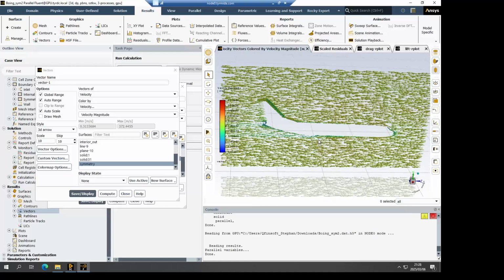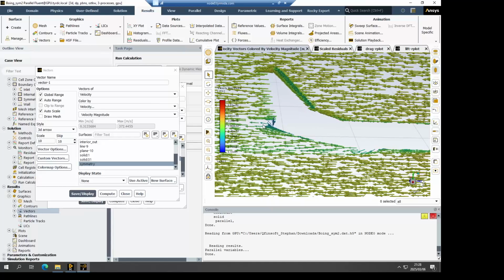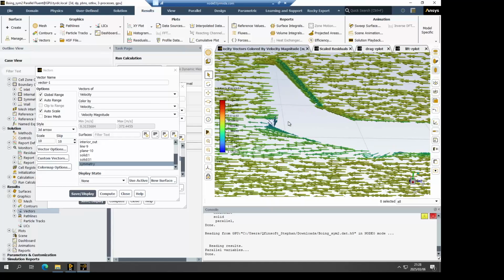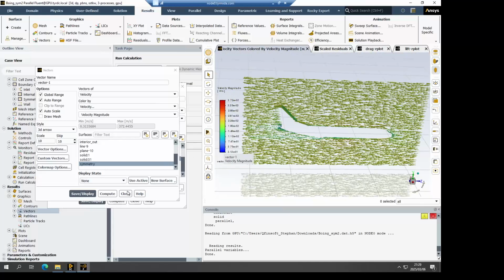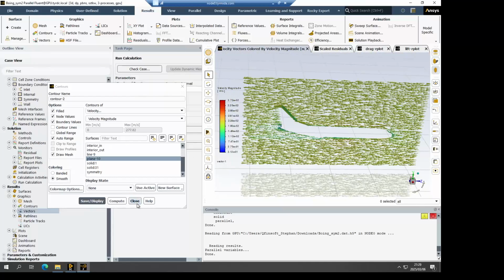Maybe we can see where there's separation from these surfaces around the aeroplane, which will give us a lot of losses in the system. For example, you can see on this tail piece, the air is traveling in an odd direction, which means that there are some losses on the aeroplane.